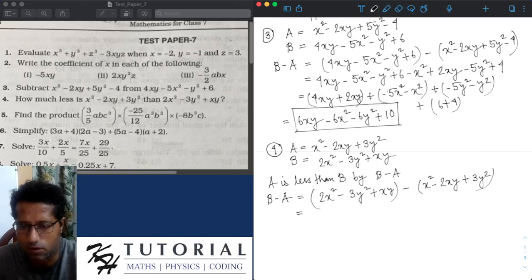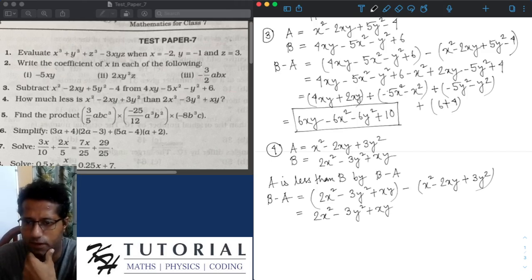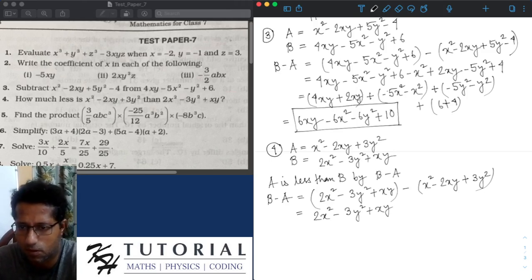We can remove the first grouping symbol because we do not have any negative sign before it. So it becomes 2x square minus 3y square plus xy. But to remove the second grouping symbol, we see there is a negative sign before it. So we have to change the sign of all the terms inside the grouping symbol. So when we open the grouping symbol, it becomes minus x square plus 2xy